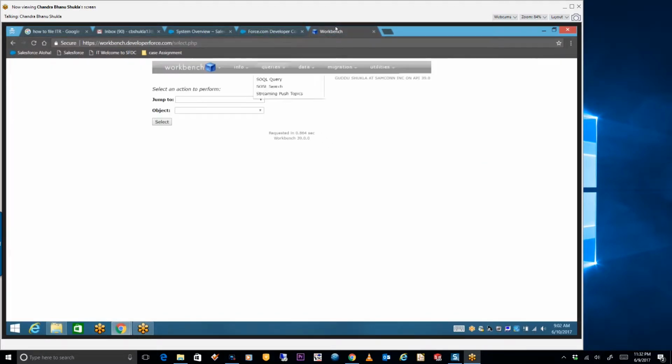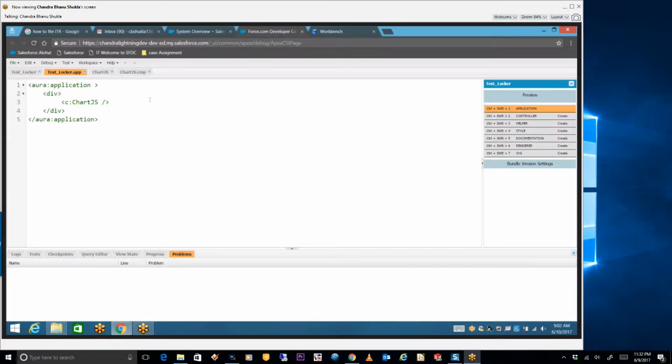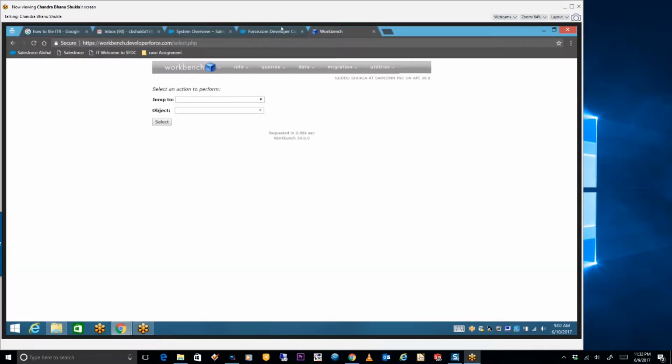Once we are done with this, this is the one tool which we are using currently. For development, we have the developer console. And if you want more, then you can go to the Force.com Eclipse IDE, where you can develop, or you can use MavensMate. We have so many plugins which you can utilize in your organization, which can help you develop any application faster. You can use those tools, and they are available free of cost.